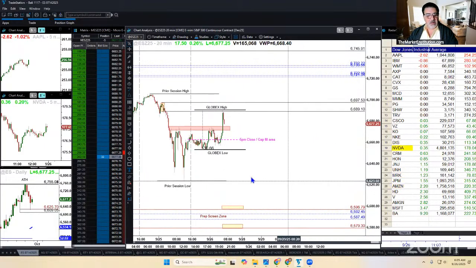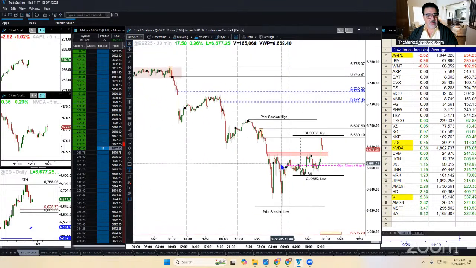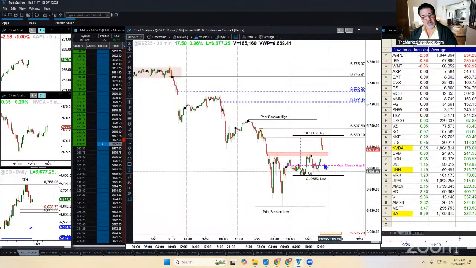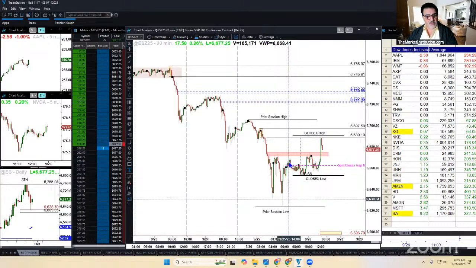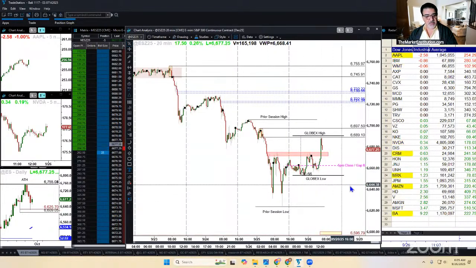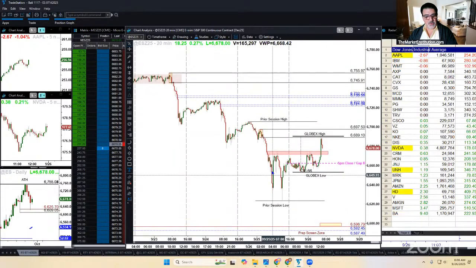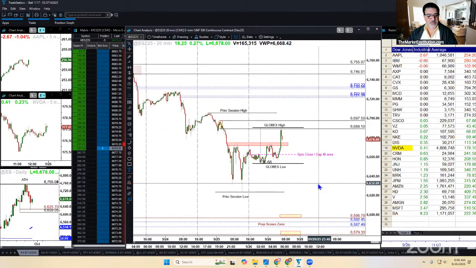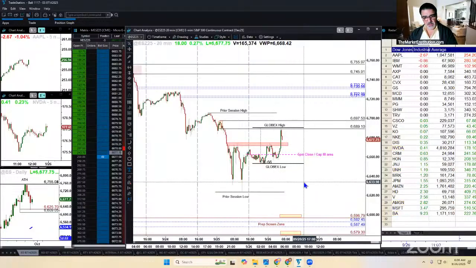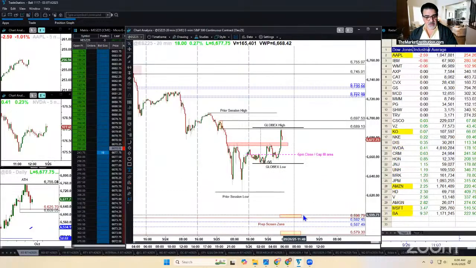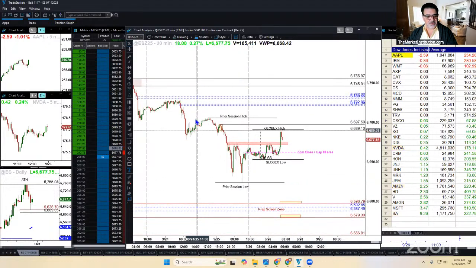Okay, now you can see that we've had one impulse wave, correction, impulse, correction, impulse, either accumulation or distribution, and we did have correction. Okay, but now we have to put in a reversal pattern. Okay, and once we put in that reversal pattern, then we'll look for the trend back up. But reversal patterns can come in different shapes. Okay, and I'm anticipating that this is going to be a V-shaped reversal, the sudden drop, multiple touches of resistance